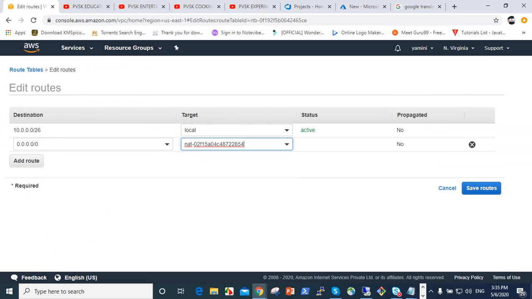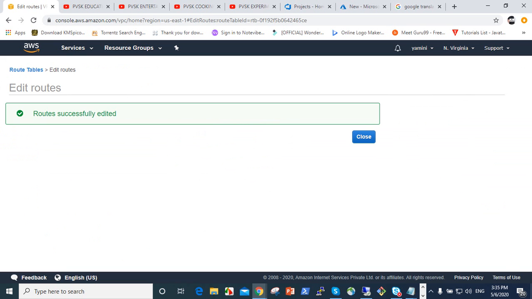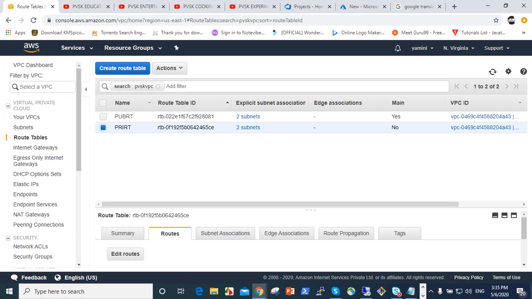So select NAT here, network address translation. So now it has a NAT gateway. So like this the VPC is created, very simple, but this range is given by the client, not by us. So this is the way to create a full-fledged VPC to attach to the instances.